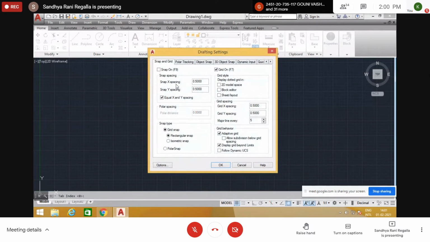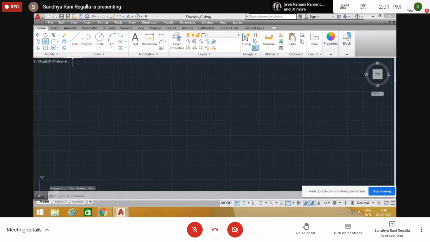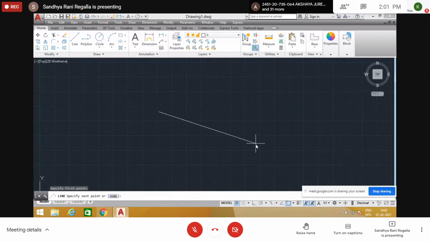here snap X spacing is given as 0.5. So if I change this snap X spacing to 5, for example, with equal X and Y spacing, automatically Y spacing also becomes 5 here. So I change snap spacing as 5 and 5, X direction, Y direction. So now see, if you take any command,